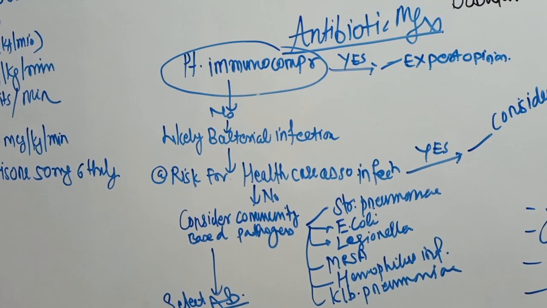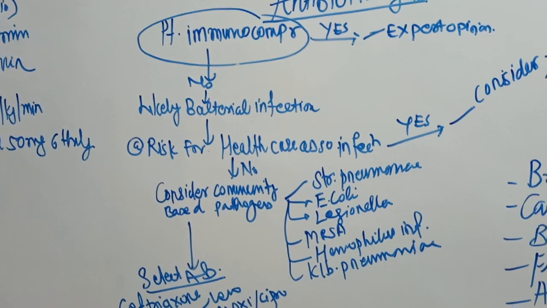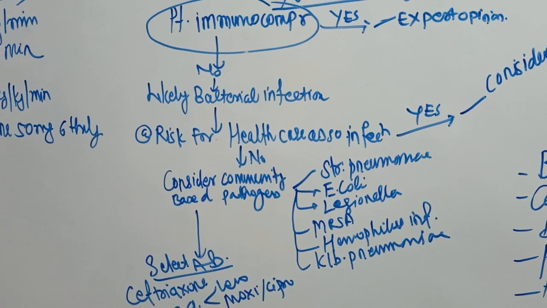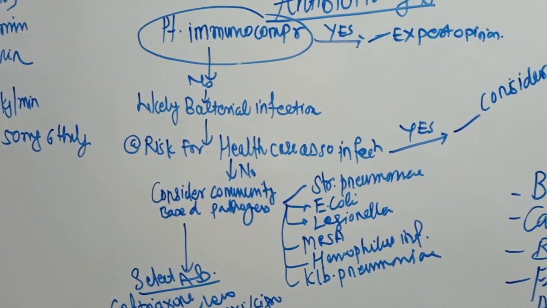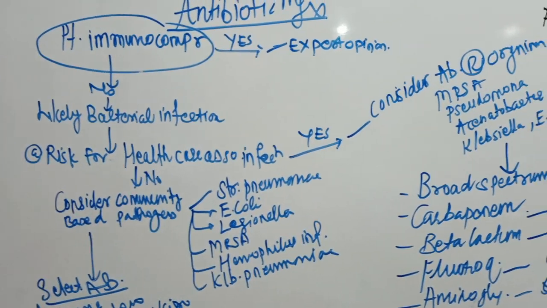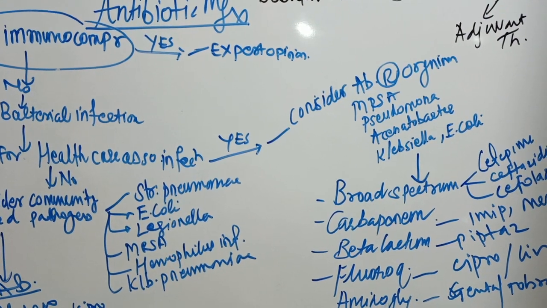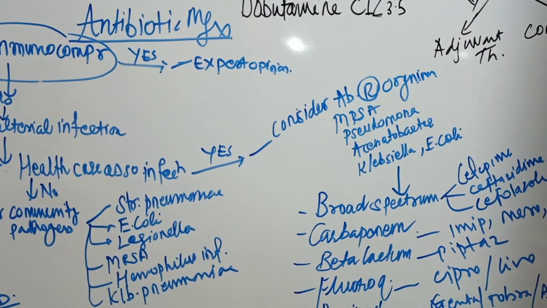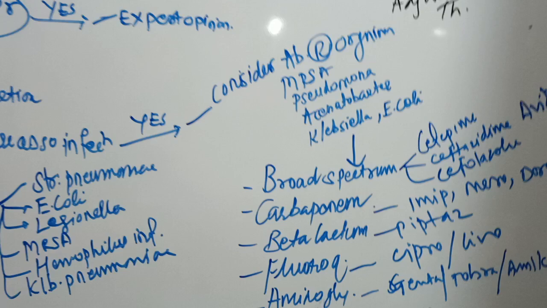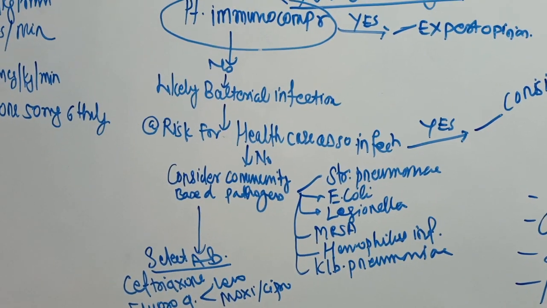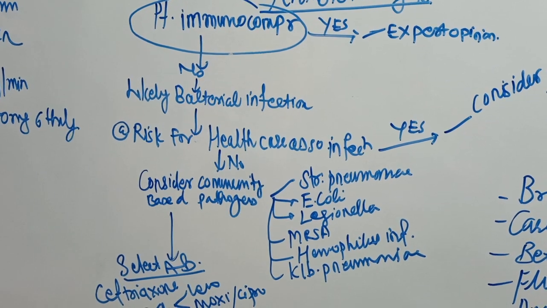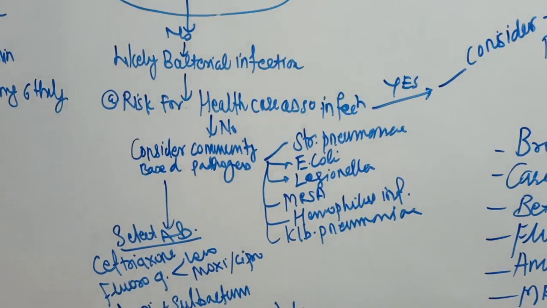If the patient is at risk for healthcare associated infection, then we will consider resistant organisms like MRSA, Pseudomonas, Acinetobacter, Klebsiella, E. coli, etc. If there is no risk for healthcare associated infection, we will consider community acquired pathogens,